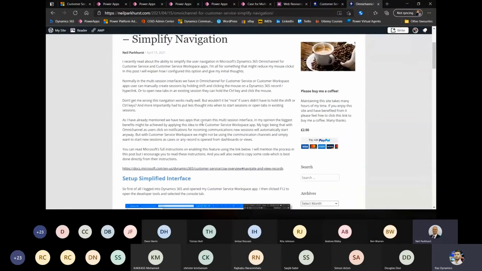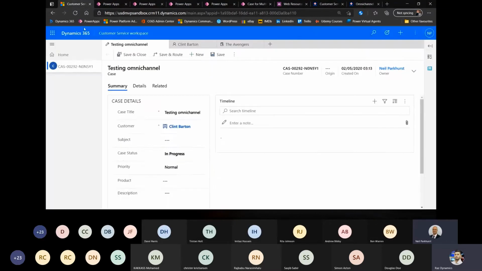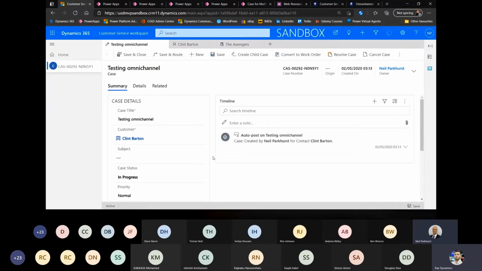So it's worth just having a look at that, because once you've done that, using the customer service workspace becomes, in my opinion, a lot more intuitive for users because they're just clicking things and they're just opening. The other thing that's nice about this simplified interface, you can see I've already got this